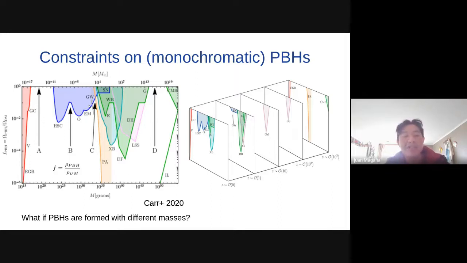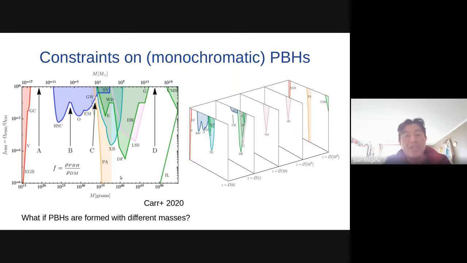Obviously, these observational constraints depend on the redshift also. For example, in this plot, Carr and colleagues show the influence of the redshift on these constraints on this quantity f.